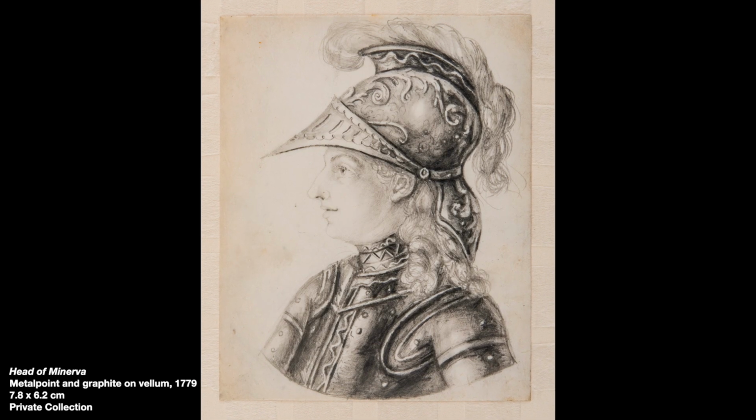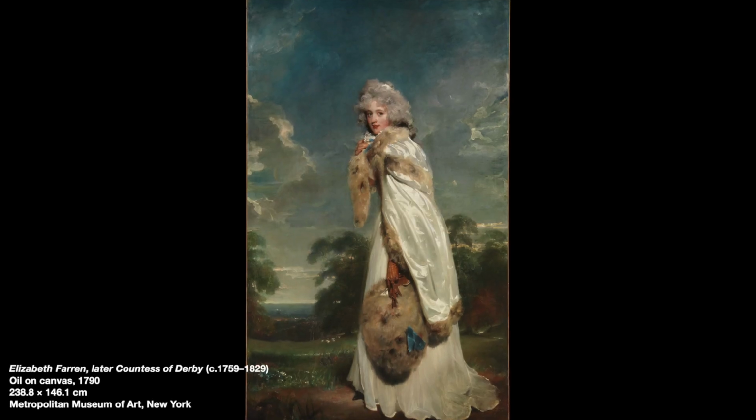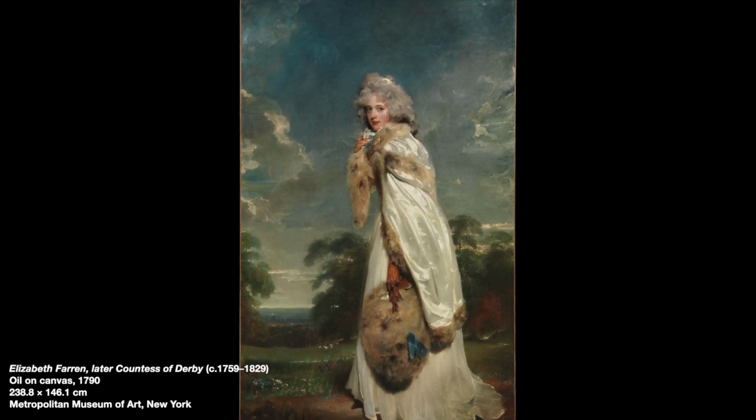And that was something that Lawrence himself knew a lot about. He'd been his family's main breadwinner from the time they arrived in Bath early in the 1780s, and had been making drawings and then paintings, first in Bath and then in London. This exhibition covers that period up to the age of about 25. So it includes some very early works made at the age of about 11, and then moving on to some of the large and astonishing portraits that he made and exhibited at the Royal Academy in the late 1780s and